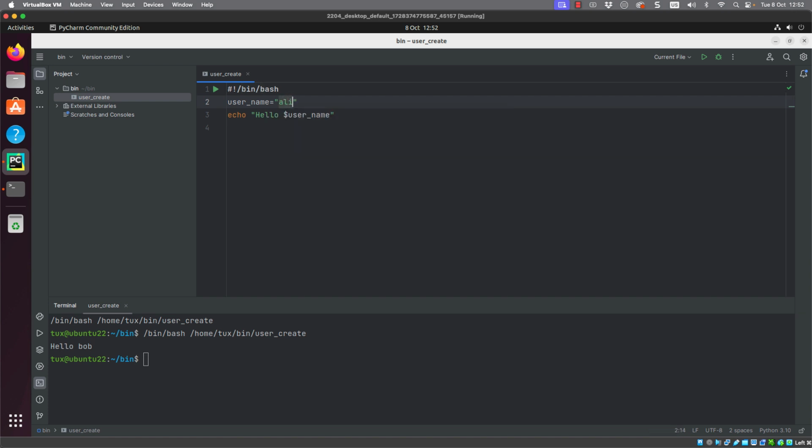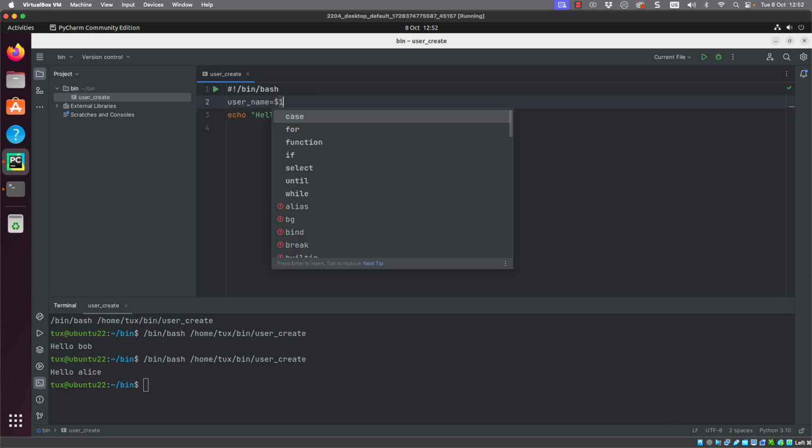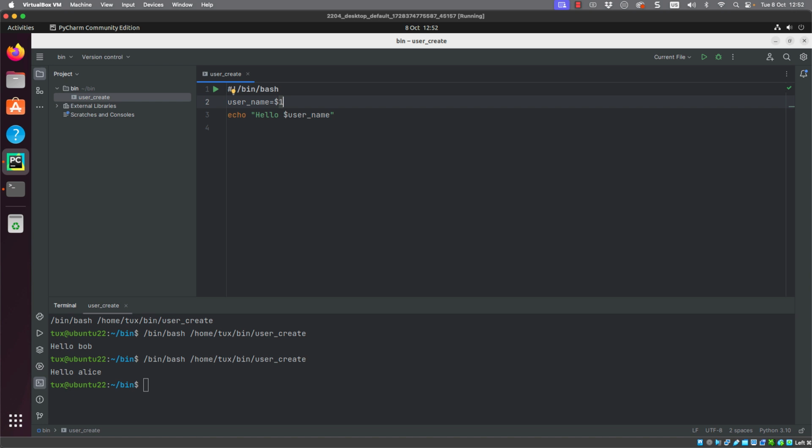So if we wanted Bob to appear as Alice, we need to edit the script and change the word Bob to Alice. So yes, it's a good start, but it's not really something I'd want to work with. But if we change the string Alice to the variable $1, this is a special system variable that represents the first argument supplied to the script. To be able to see this working, we're better off just executing it from the command line. I can execute it from the button, but of course there is no parameter or argument supplied.